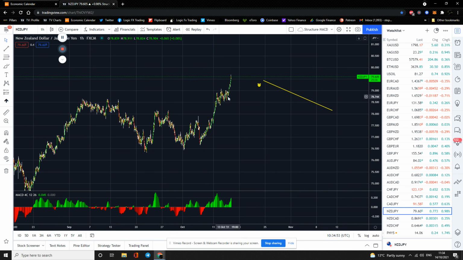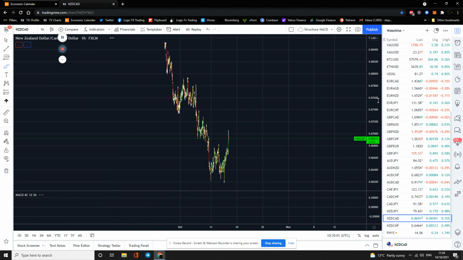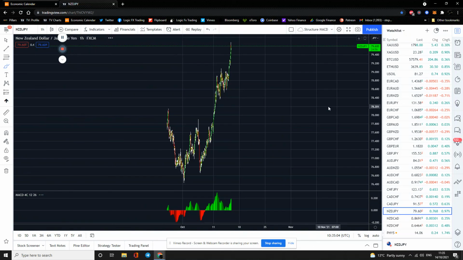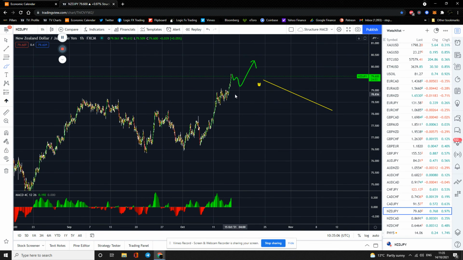New Zealand yen, same thing. It's taken off, maybe running flat. Maybe it's going to continue on up, but as usual, guys, you're going to have to wait for some sort of setup. And why do you wait for the setup? Because you don't know where it's going to come. And it could come today, and today's the day you buy in. And then you go through this. And when it's doing that, you have no idea if it's just going to do that and go, or whether it's going to run and run and run. And now you're not sleeping. Okay. So wait for the correction and then go as it breaks out of it.